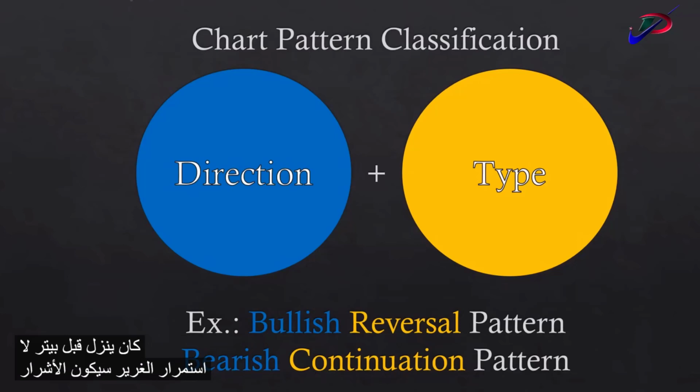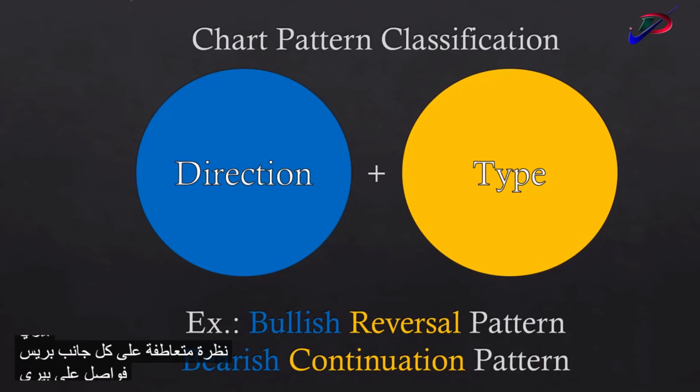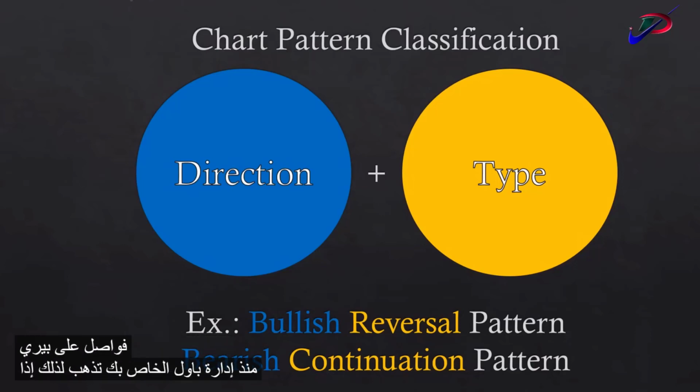In a bearish continuation pattern, price will be going down, and after the pattern appears, price will continue going down. In neutral patterns, we don't care about what's happening before the pattern. We simply take a look at which side price breaks out of the pattern, since that's the direction it will